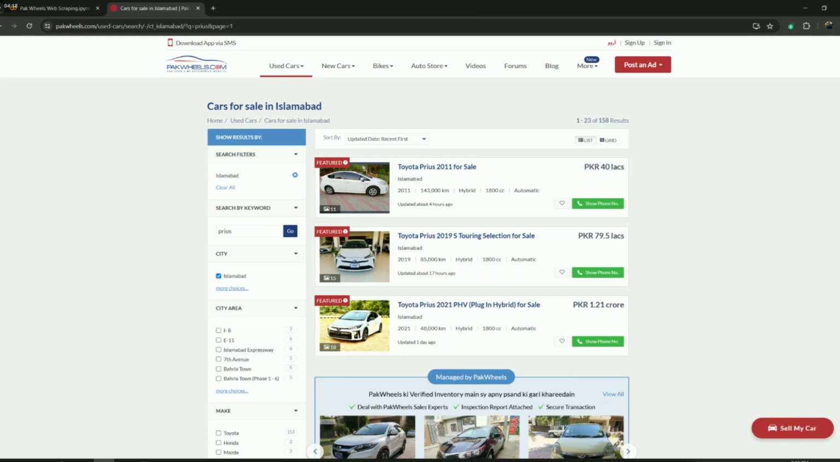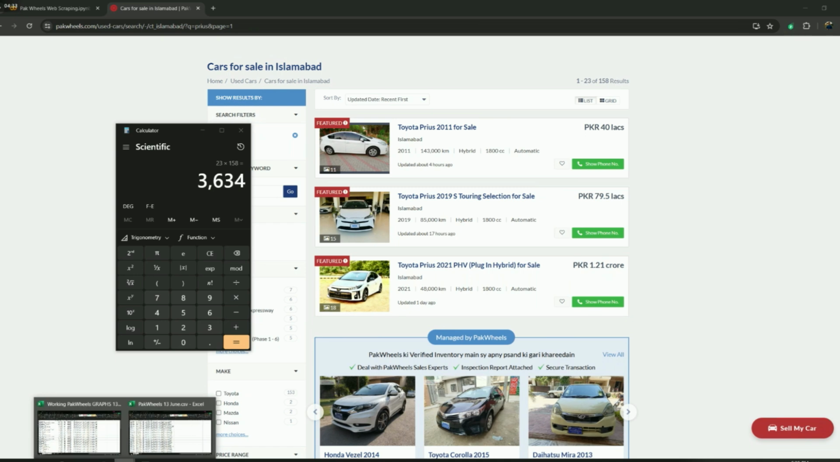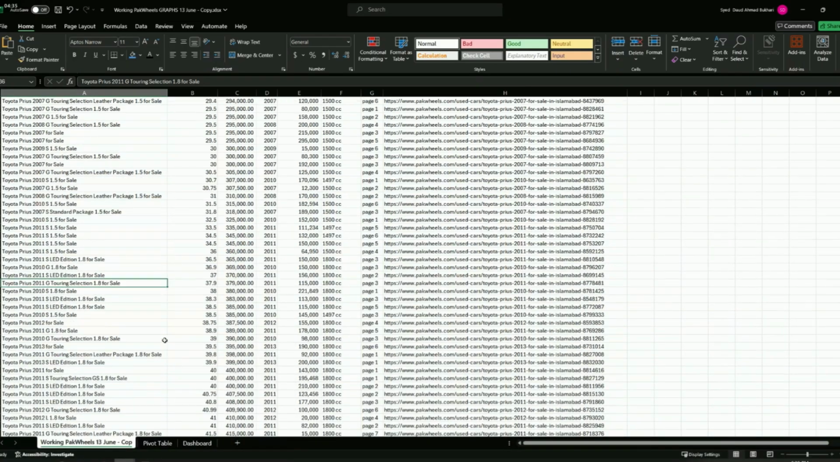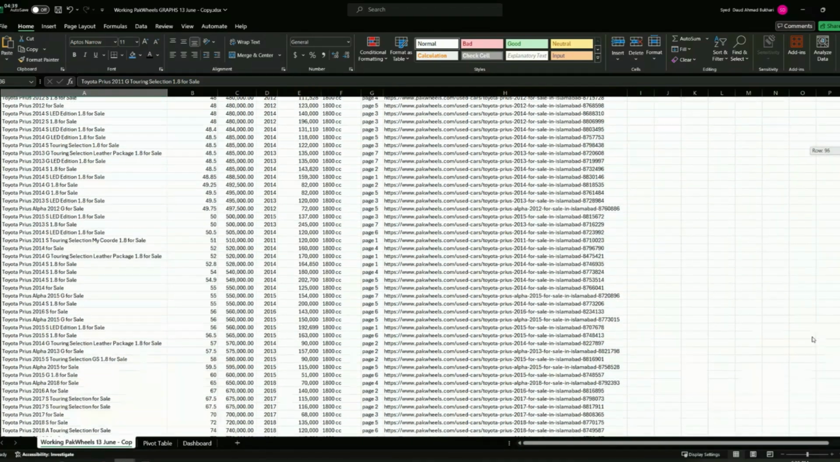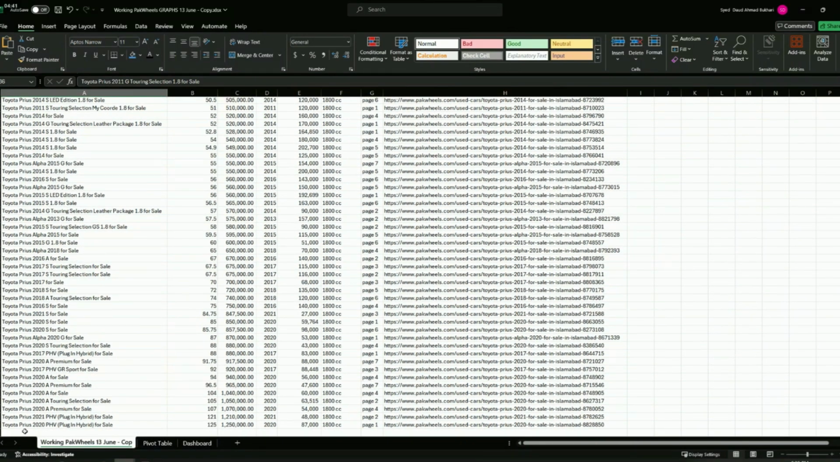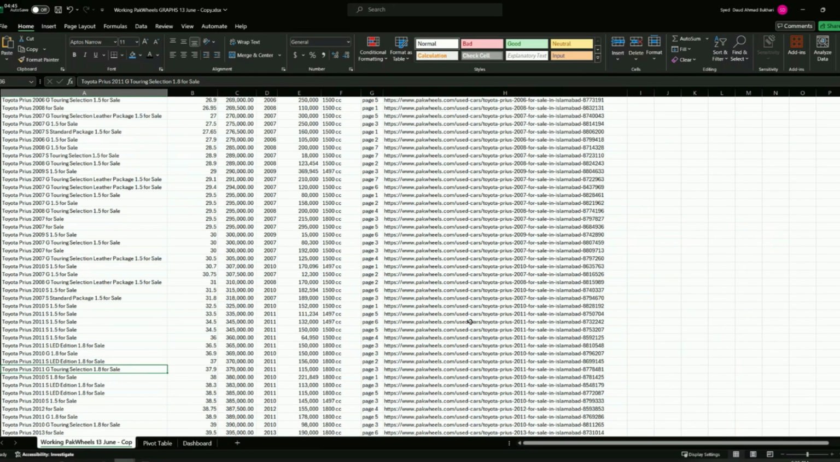158 pages, there are 23 on each page. You could expect to see a total number of cars, 3,634, but the number of listings over here in my worksheet are only 154. This is because of the data cleaning I have performed on it,